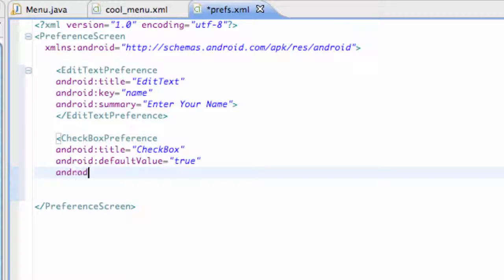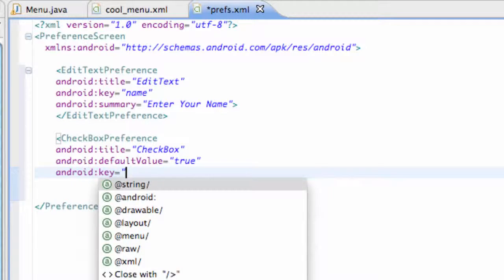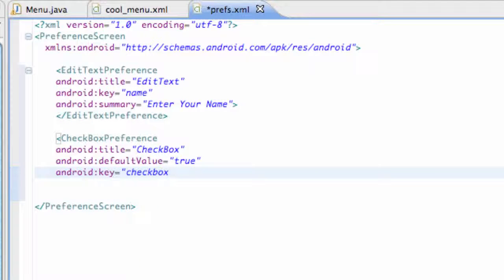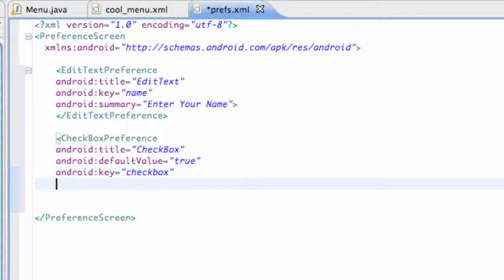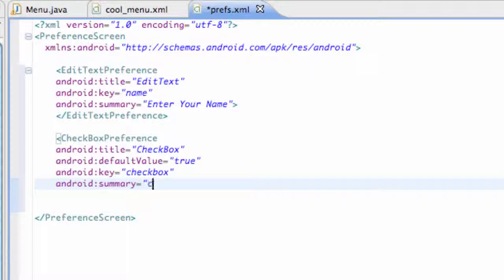and also we're going to add a key reference so it can save it, and we're going to call this key reference checkbox. This isn't really going to do much, but we're just setting it up for the most part. And again, Android summary equals check this box for the most part. Nothing spectacular. And then we're just going to finish it by slash